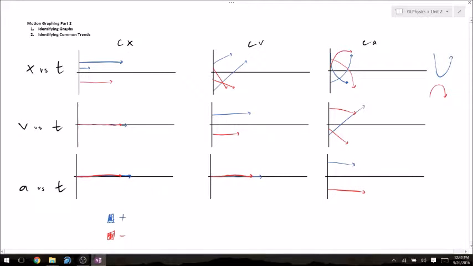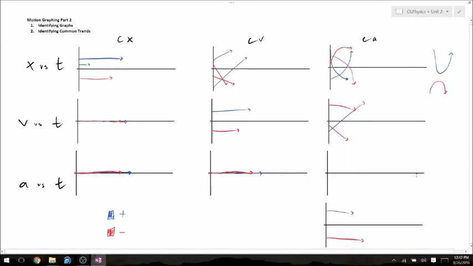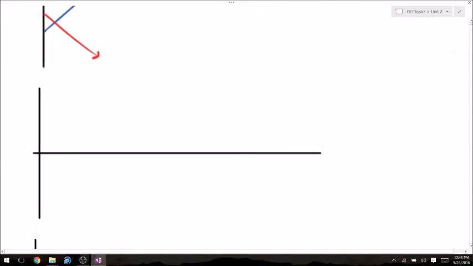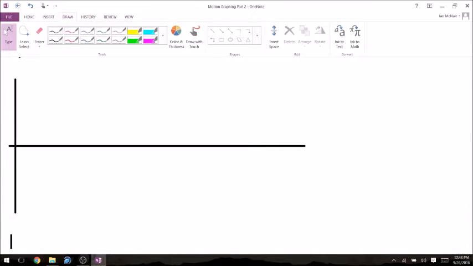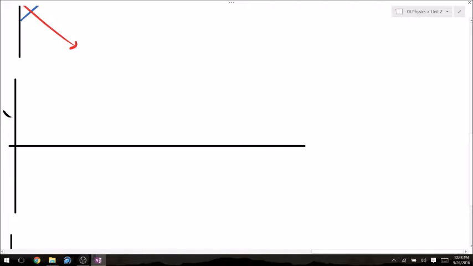So for example, let me make one of these lines again. We can Control-C, move it down. If I gave you a bunch of different parts of the line, so maybe this is an x versus t graph, and I had something like that, and then it went straight down like that, across, straight up, then it curved back down,